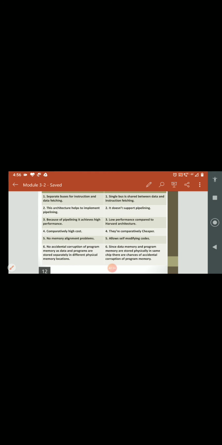there is no accidental corruption occurring, whereas in Von Neumann data memory and program memory are stored physically in the same chip. Why are you storing in the same chip in Von Neumann? Because there is only one bus available. That's why there is a chance of accidental corruption of the program memory.